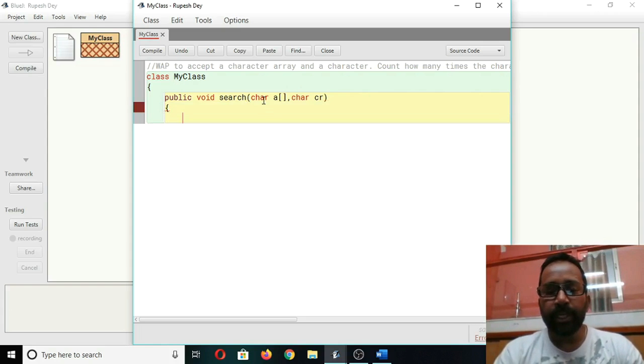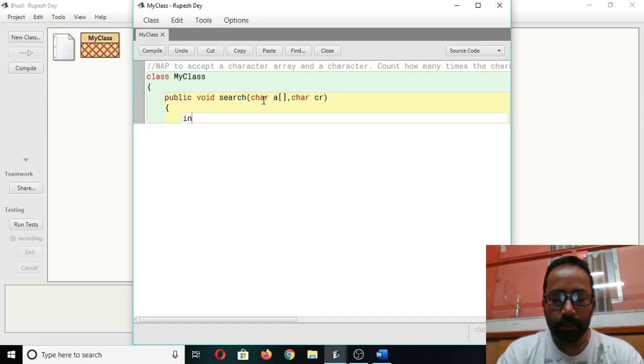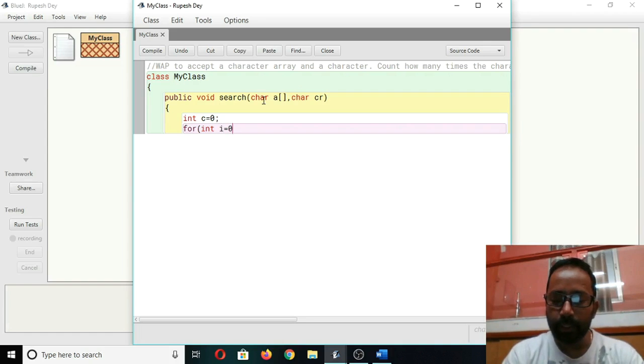So to find out how many times this cr is present in the array, and we have to print all the occurrences of cr in a array with their positions. First of all, I need one counter variable c to count all occurrences. Then the loop to get the index number: i equal to 0, i less than a dot length, i plus plus.